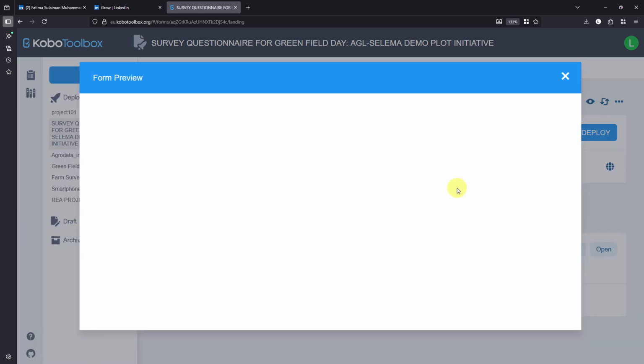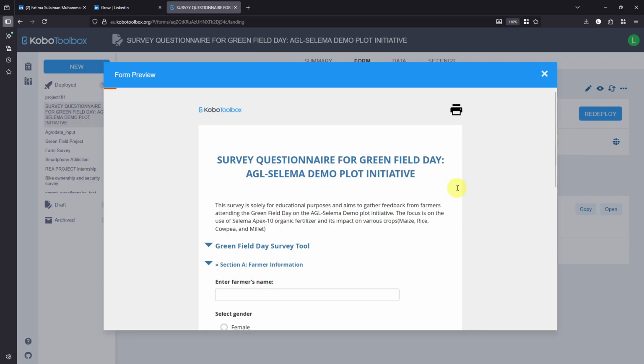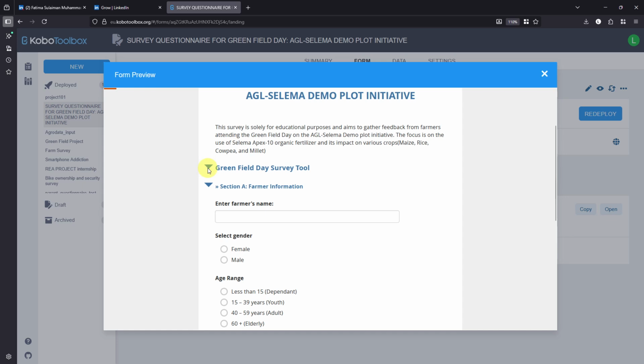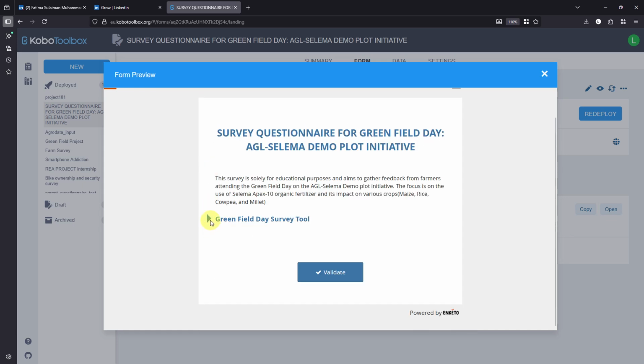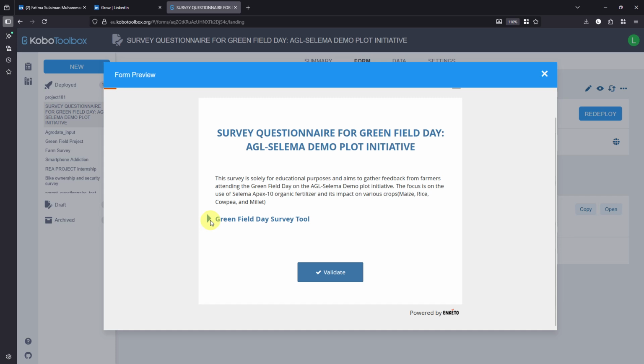So this is the preview of the form. Let me read. So this is the project name. This is a note just for anybody that is viewing this. This is a grouping. This thing you see is a grouping. You know the way you group in Microsoft Word, where you create